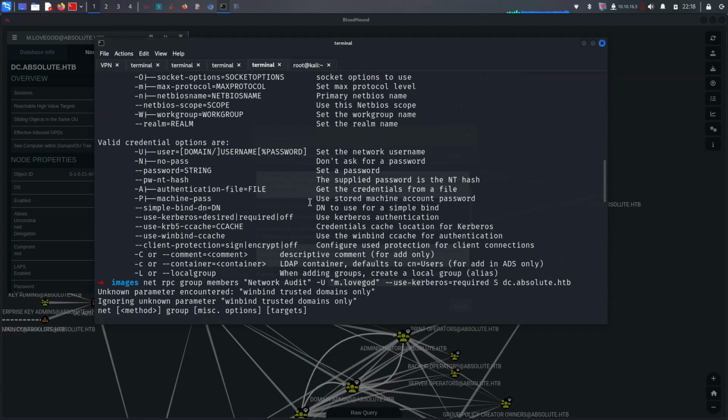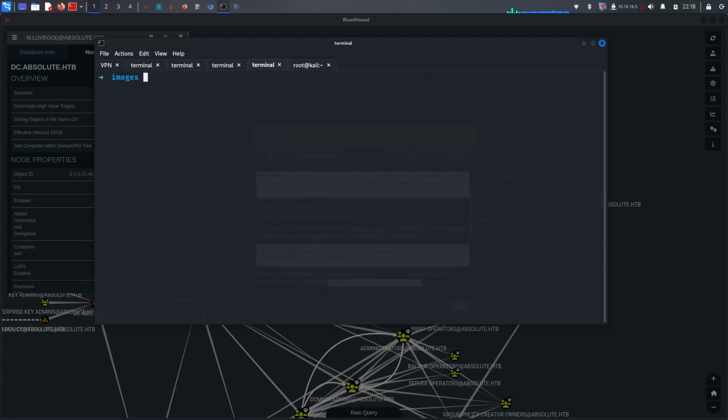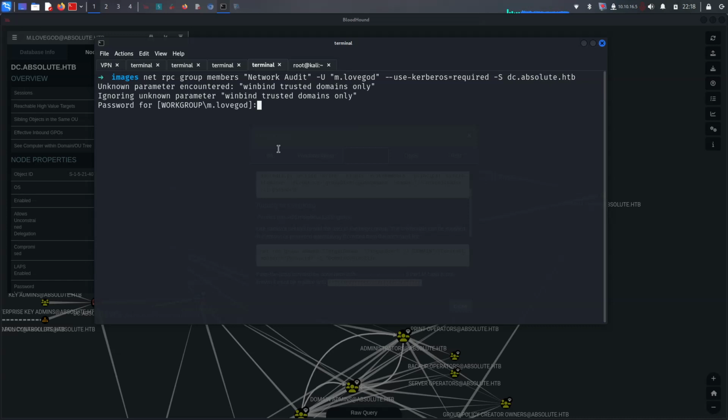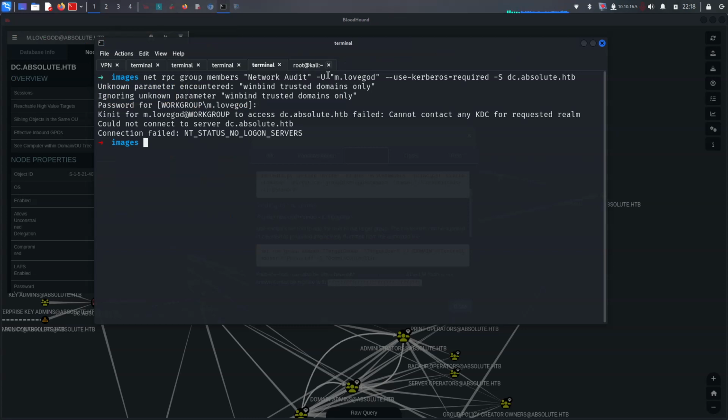Well, what's wrong? Oh, -k ask. Alright, so it's asking us this password. Maybe this is gonna work, right? It says here connected to server dc.absolute.htb. So let's say